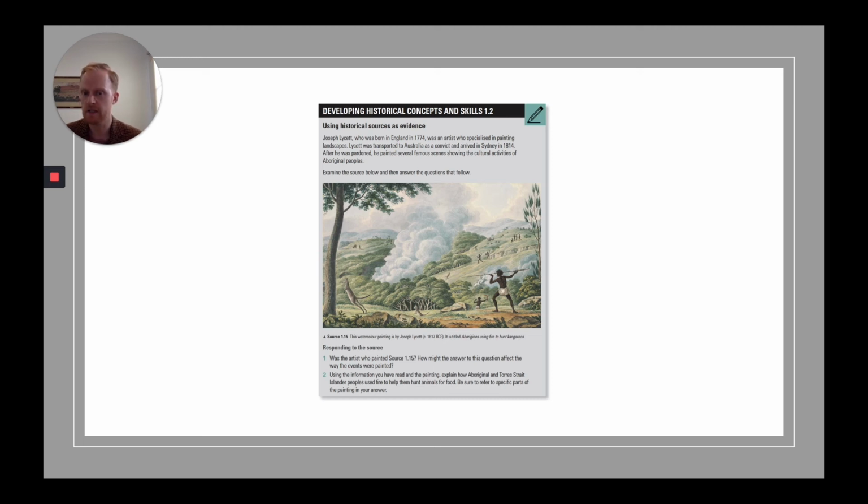Then it's got obviously the image here, and then it has two student activities. The first one: who was the artist who painted source 1.15? How might the answer to this question affect the ways the events were painted? So the fact that he is European means that students are beginning to understand that because he's not of the first Australian cultures, he is looking at it as an outsider and beginning to infer how that affects how he represents these things. And then you've got here: using the information you have read and the painting, explain how Aboriginal and